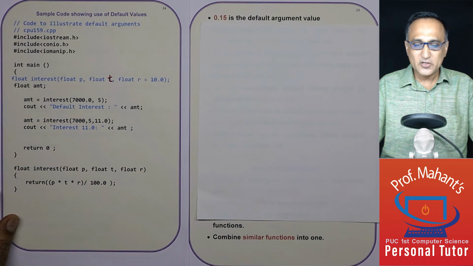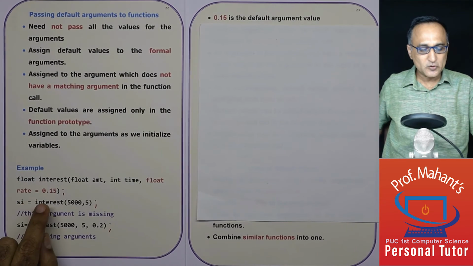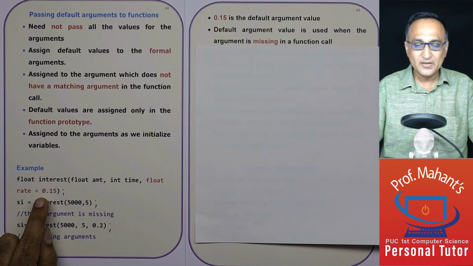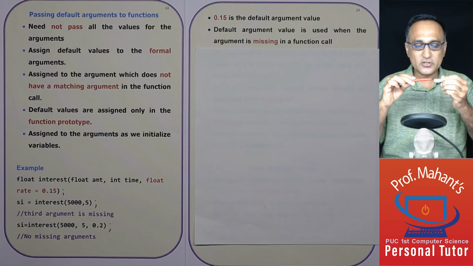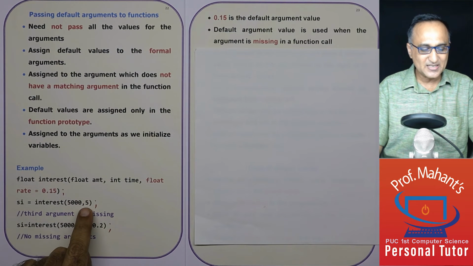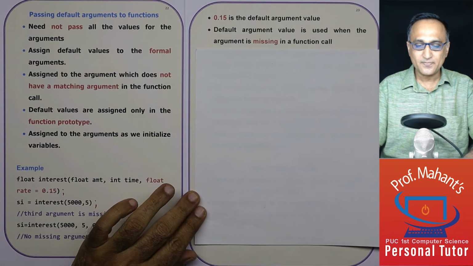So in the case where I showed you before, 0.15 is the default argument. So 0.15 is the default value or the default argument value. Now this value of 0.15 is used when the argument is missing in the function call. So in this case, the third argument is missing, so 0.15 is used. Then